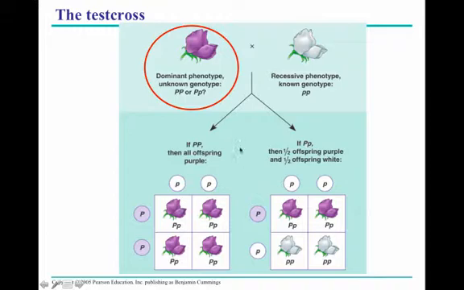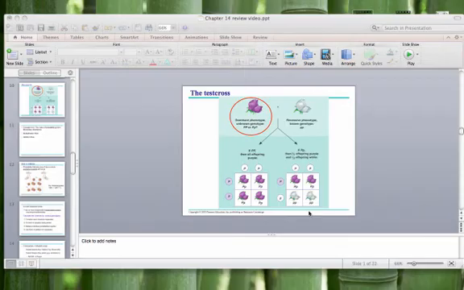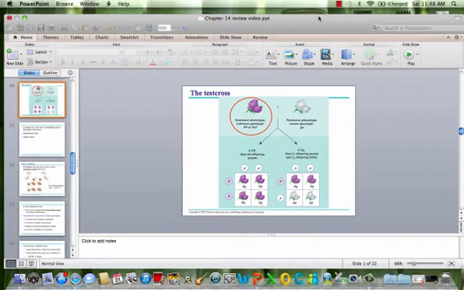Now, if the cup is half empty and our purple flower is in fact a heterozygote, and we cross it with that white flower, we would expect to see about a 50-50 ratio of purple to white organisms in the offspring. Okay. So we could use this purple flower over here. Can't use this one for that typical Mendelian experiment. We're going to stop here and pick back up with multi-hybrid cross in the next